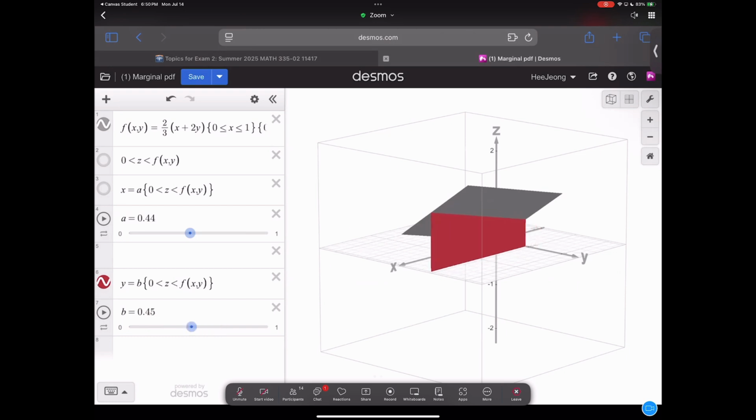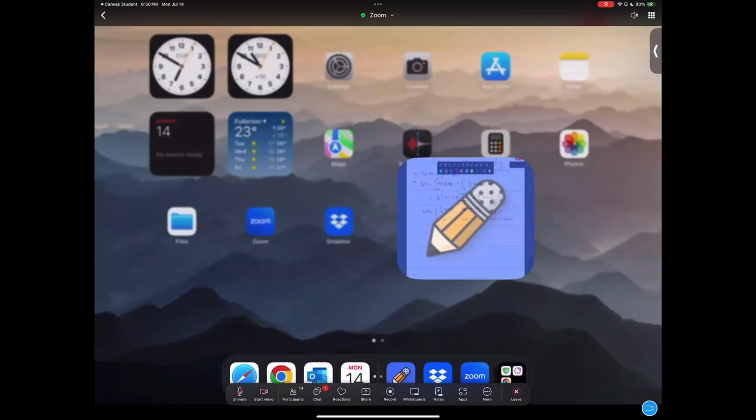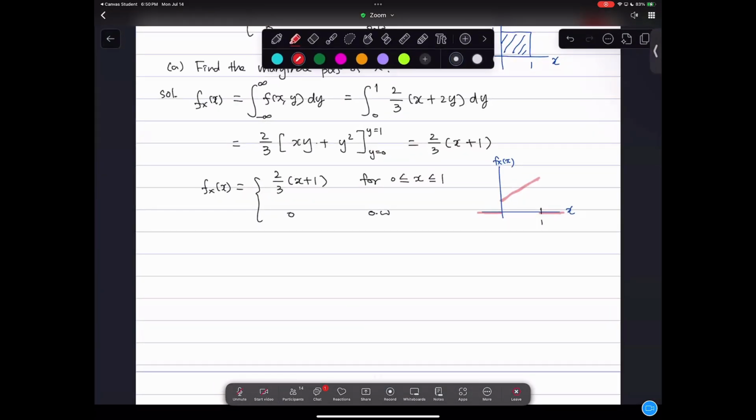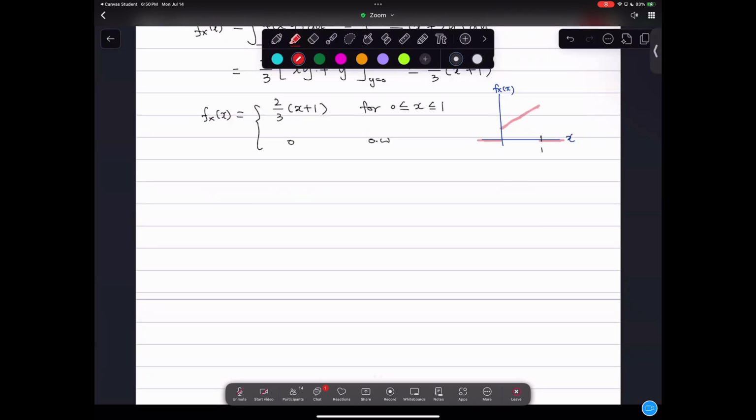But that's exactly what we're doing anyway. So I did my marginal PDF. That's my marginal PDF of y. As a practice, check yourself. If I do the marginal PDF of y, this is an easy one because it's a rectangular area. So let's get the marginal PDF